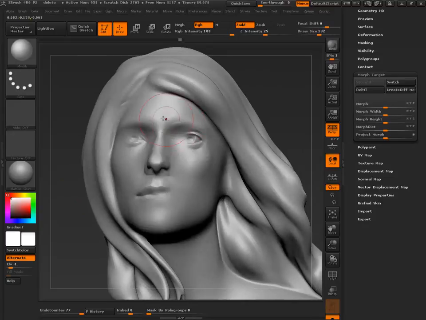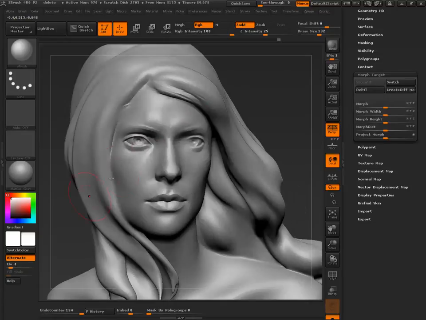Let's just bring a little bit of it back. Maybe I can resculpt the rest, right? Pretty cool. Morph brush, morphs, they give you a lot of power to work there. Don't underestimate them. Definitely keep them around in your toolbox.